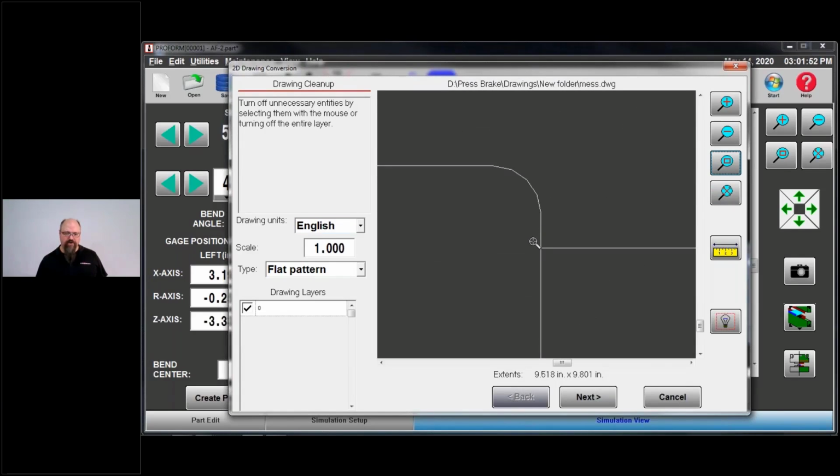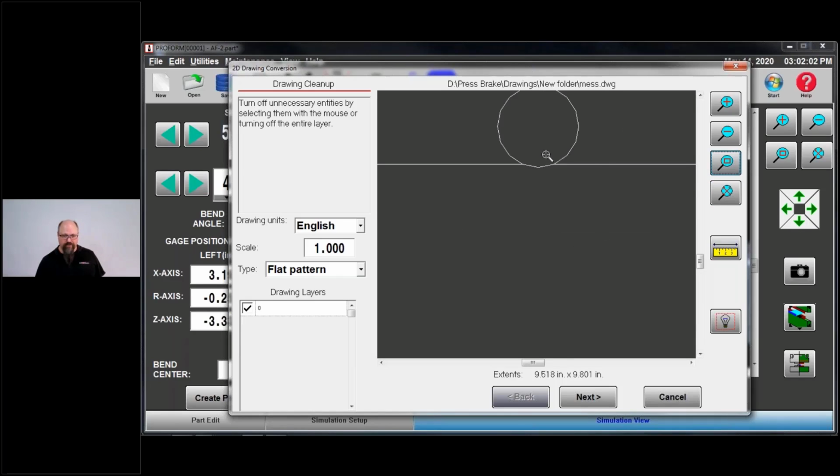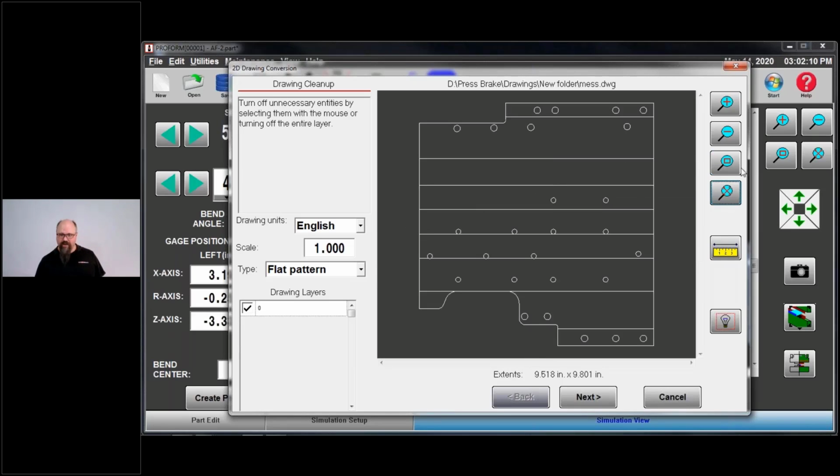There we go. So now you can actually see here that when they sent it to me, there was a huge gap in the bend lines, okay? And when I start looking at these circles, they don't connect here either, okay? Those have to land, all right? And then when I look down here,